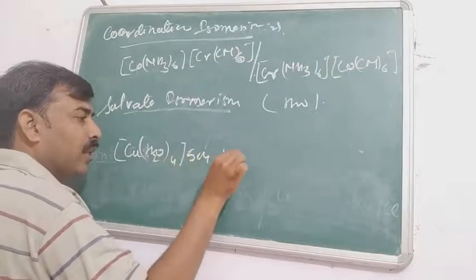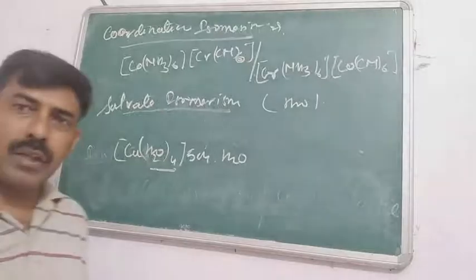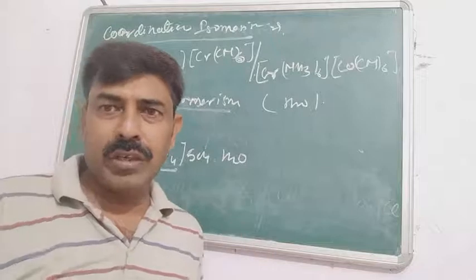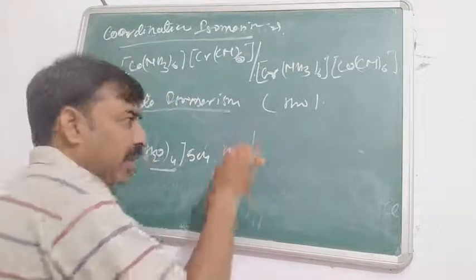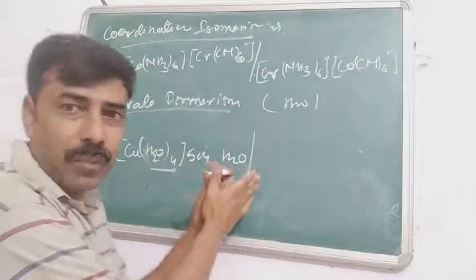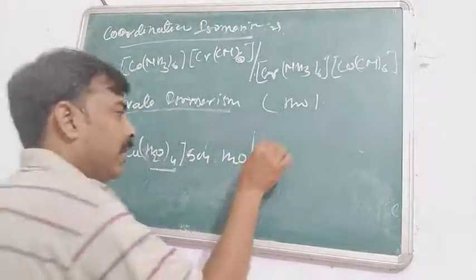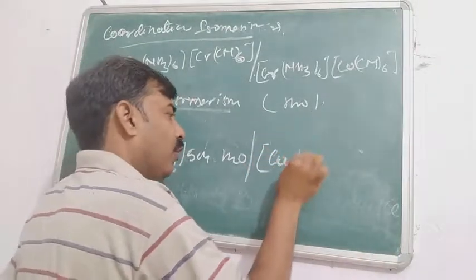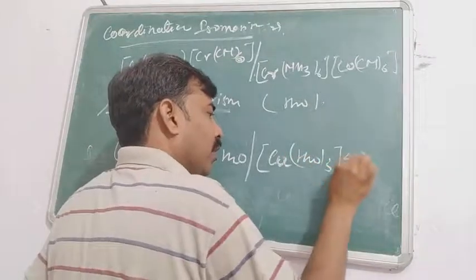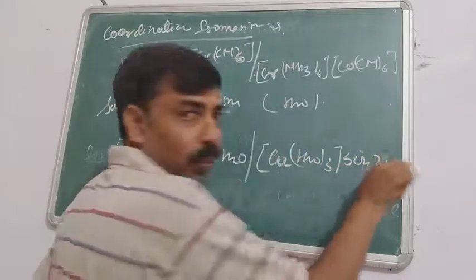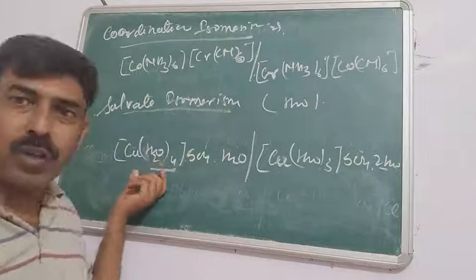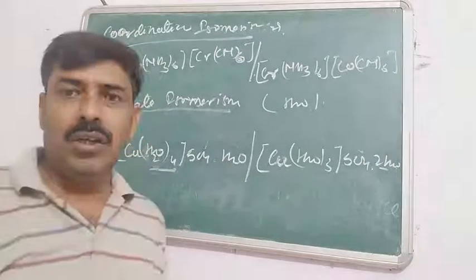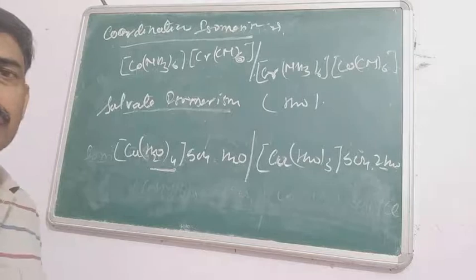SO4.H2O. That means these are the four water molecules are the coordinately bonded water molecules, and the remaining one is just held in the crystal. So in the case of the solvent isomerism, some of the water molecules either enter inside the coordination sphere or come out of it. So here in this case it is the [Cu(H2O)3]SO4.2H2O. That means one of the water molecules comes out of the coordination sphere. एक वाटर मॉलिक्यूल अंदर से बाहर आ गया, and this is called the solvent isomerism.